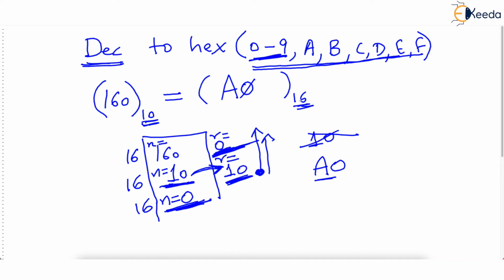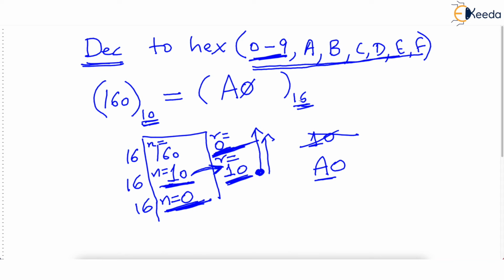So that's the procedure. You can put this procedure in your own words: given a value n, which is a decimal number, divide this number by 16, obtain some remainder, keep it aside, don't print it immediately, and you will get some quotient. Again divide that quotient by 16, obtain some remainder, keep that remainder recorded, don't print it. Do this till the number converges to 0. When you have the number as 0, then you start printing the remainders from last to first.